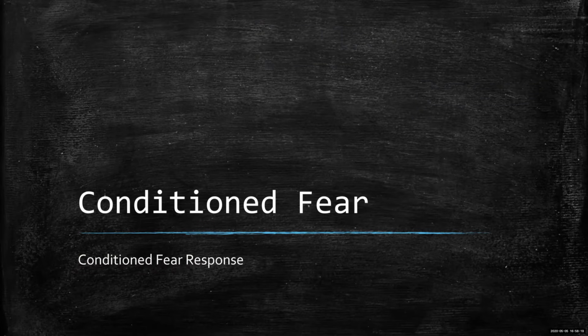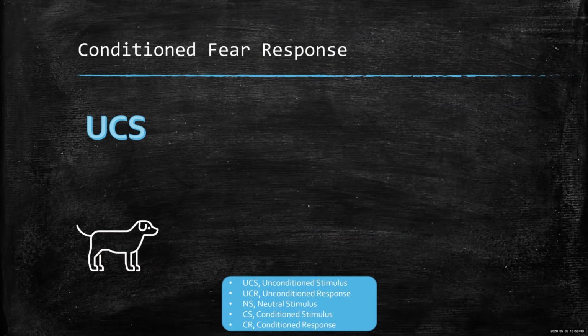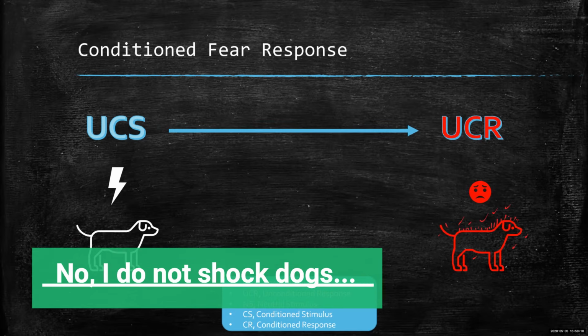What is conditioned fear? In order to understand anxiety disorders, it's very important that we talk about how anxiety develops, or how we think that anxiety develops from a neurologic or neurobiologic perspective. And to illustrate the idea of classical conditioning, we're going to use this model of a dog. And the dog is fine, just resting normally. There's an unconditioned stimulus, a shock, which is applied to the dog. The dog then responds in a way that shows us that he's scared or in distress.